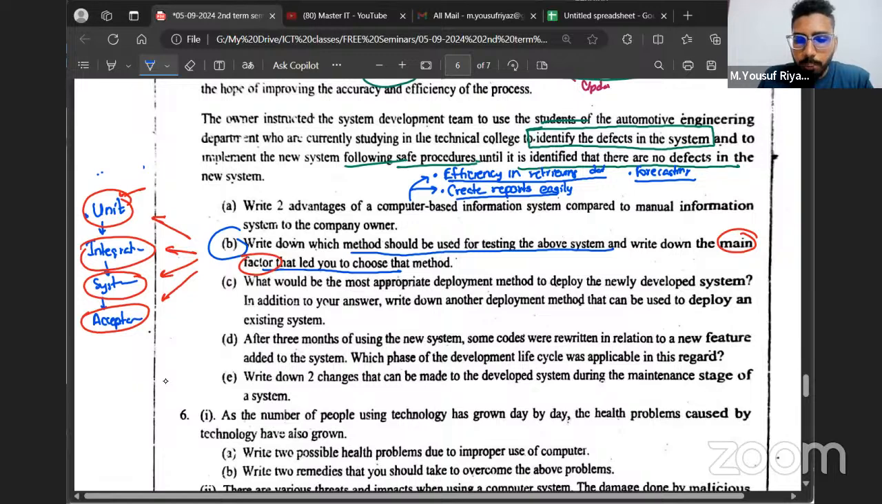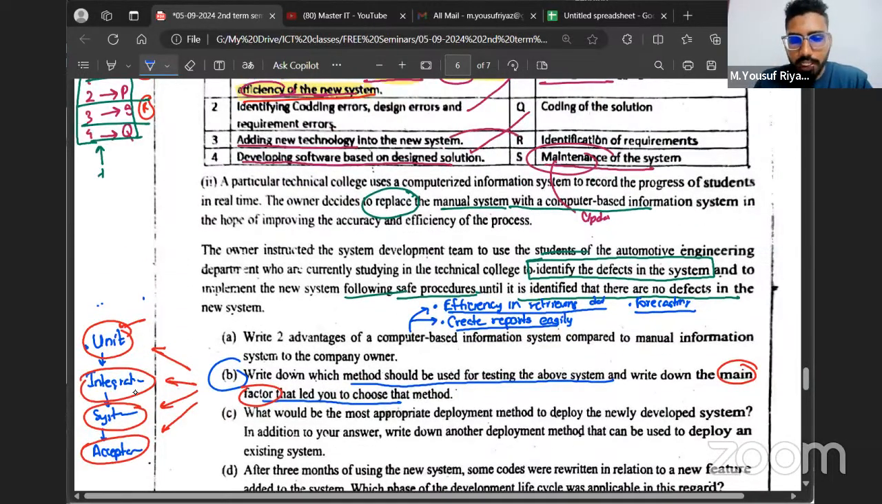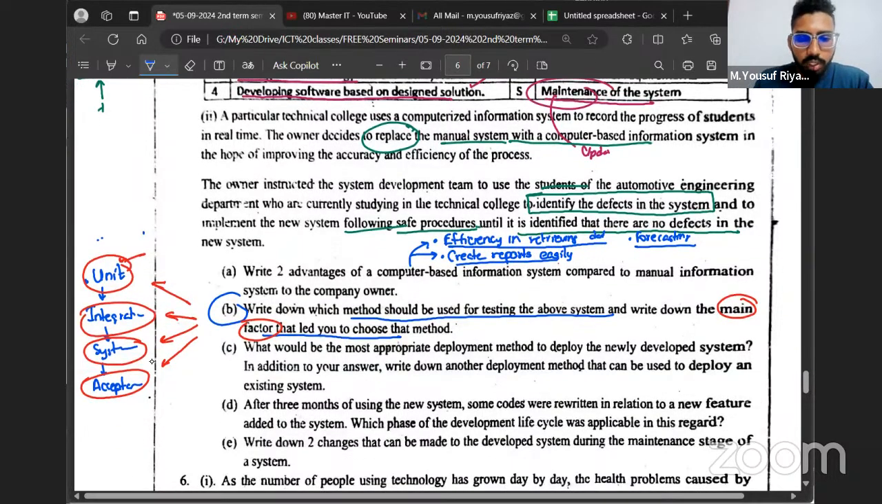What would be the most appropriate deployment method to deploy the newly developed system, in addition to your answer, and so on. One thing they have mentioned in the first paragraph is they want to replace the manual system with a computer-based system. The second thing they have mentioned here is they want to make sure of safe procedures until it's identified that there are no effects, right? You can mention any type of deployment method here, but one of the things I would suggest is basically to use